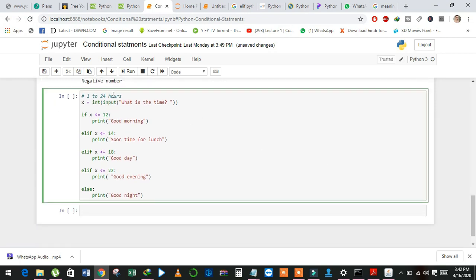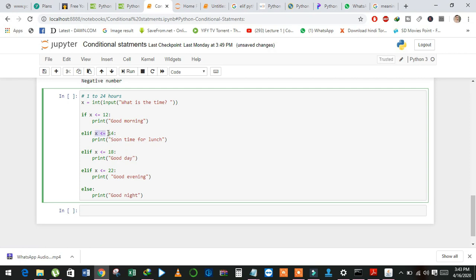Now we will see one more example of elif. We will take a number from 1 to 24 from the user and return what time of day it is. See here, we have a variable x, and with the input method we will take input from the user. If the value is less than or equal to 12, then print good morning. Elif, we want to check the condition again.